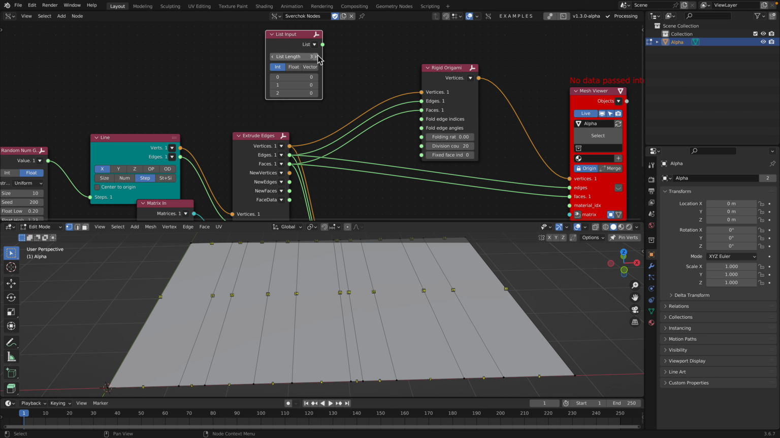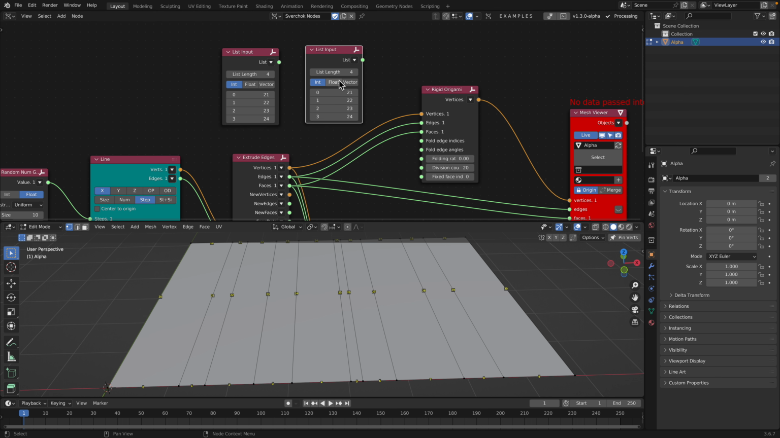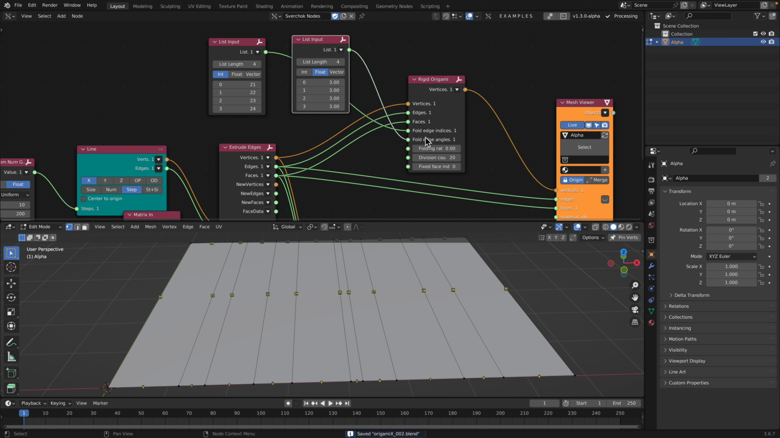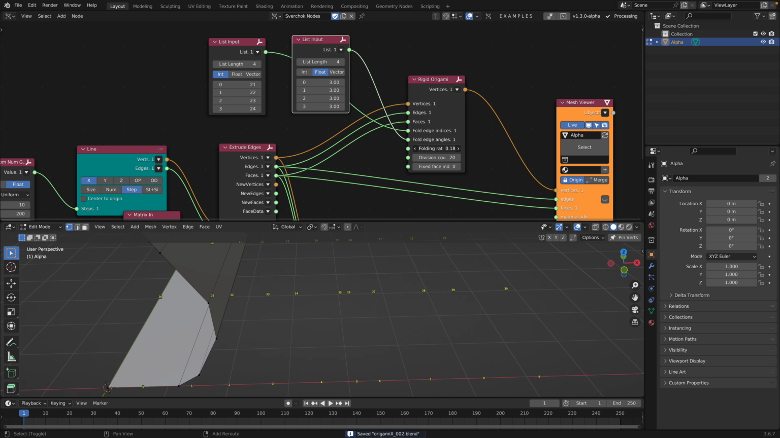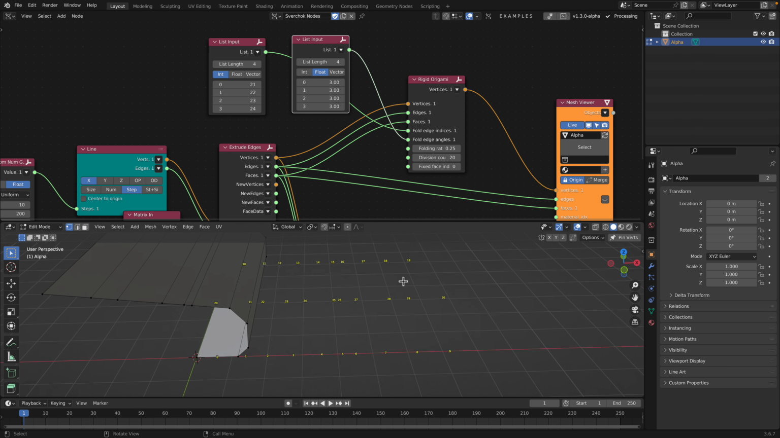Let's create a couple for now. We're gonna fold on 21, 22, 23, 24 for example. And we're gonna duplicate this. It's gonna be the fold. So that's the indices, that's the fold. Okay, suddenly it's working. Look,